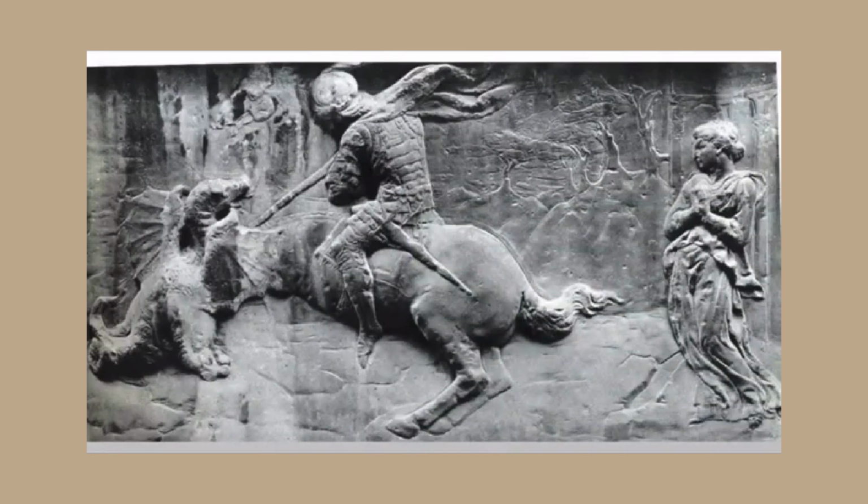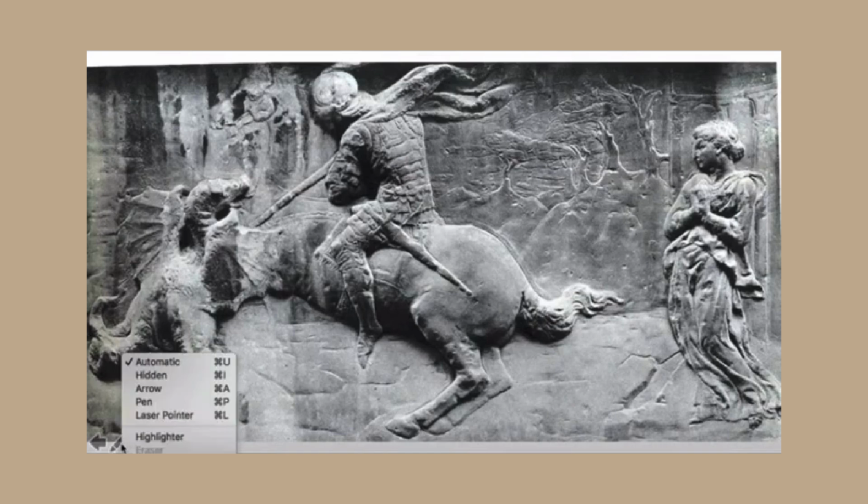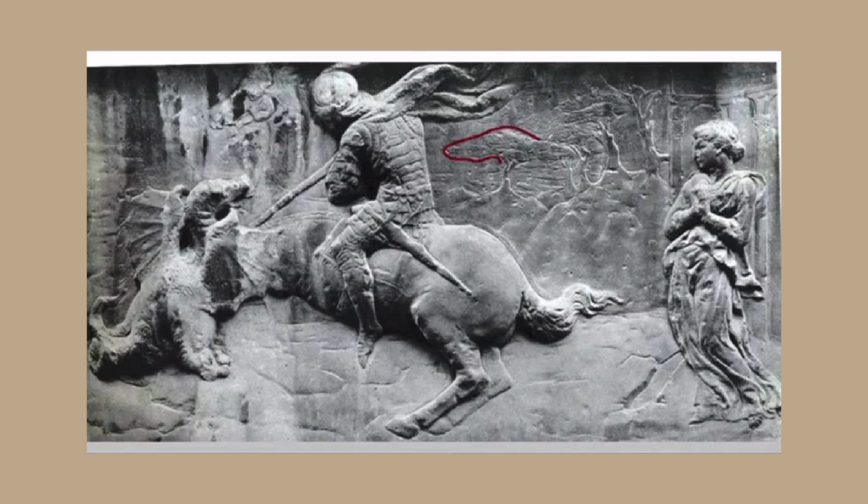Same idea. Here, what he's done to add atmospheric perspective, and I'm going to have to pull up my pen to do this, is you'll notice things in the distant background are just barely etched in, like this tree right here, or the mountains and hills in the background, whereas things in the foreground, for example, our damsel in distress, the horse, the dragon, etc.,